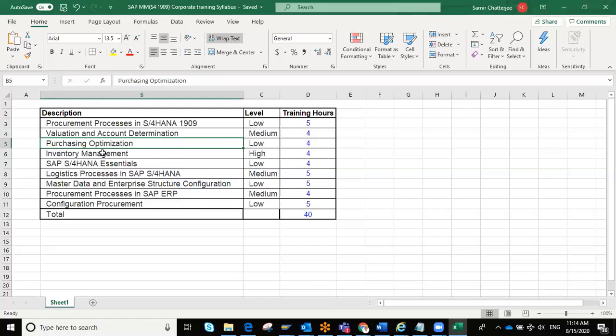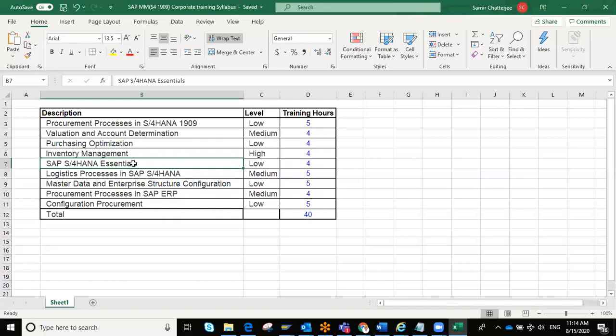Next, we shall discuss about the inventory management. At the high level, inventory management involves the movements. It is characterized by movement types in S4HANA also. How the movement types have some interlock with the material locking system in order to realize the real-time inventory status in the particular template.